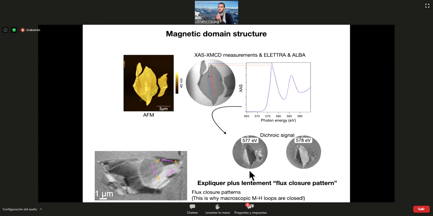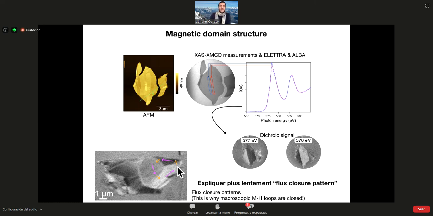Okay, so you see basically the projection. The gray shade here tells you about the projection of the local magnetization against the direction of the beam. And you have different, opposite contrast if you measure here or here. So that's one configuration. We had a look here at another flake, I think, or the same flake.